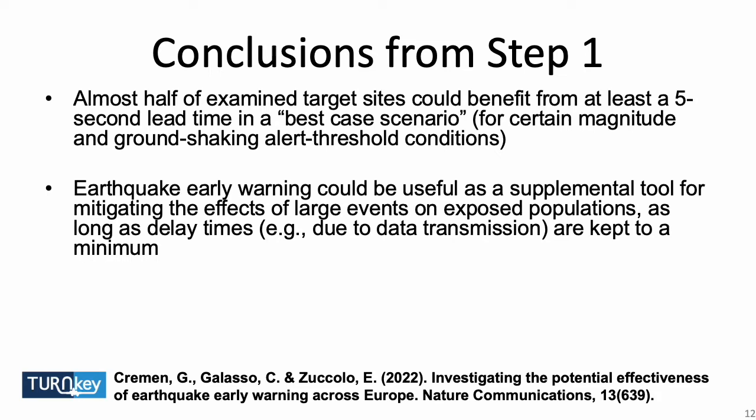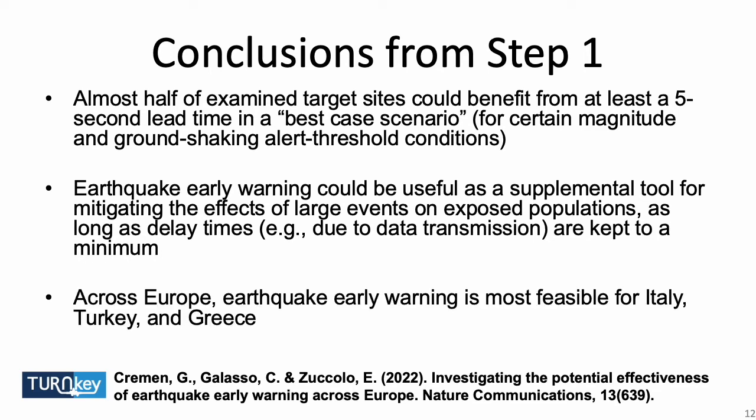We also need, for example, good building codes in our areas. But within a suite of different risk mitigation products, earthquake early warning could be particularly beneficial for Europe. And then, as we saw on the previous slide, the most feasible areas for earthquake early warning are Italy, Turkey,